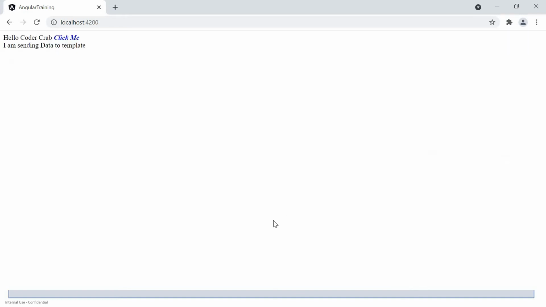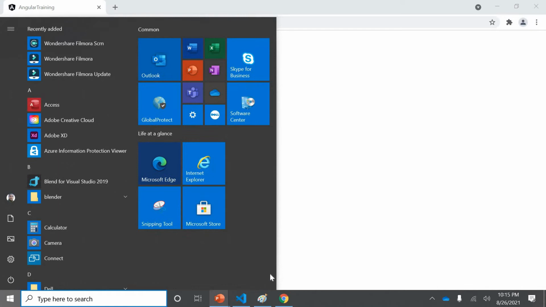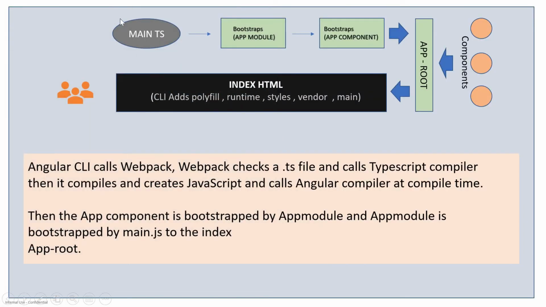If I go back here, we'll see the main.ts file is the first one. As we know, Angular is built completely in HTML, TypeScript, and CSS, whether CSS, SCSS, or SASS, whichever is your choice. Now let's divide this complete architecture into two parts.